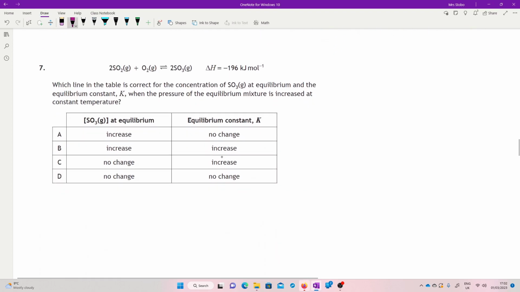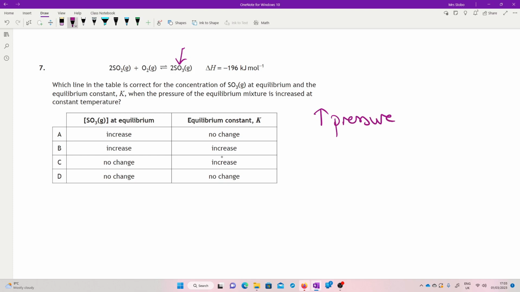Okay, question 7. We've got an equilibrium here. We've got our delta H at minus 196, can't read. So we're looking at an exothermic reaction going forward. Which line in the table is correct for the concentration of SO3 at equilibrium, and the equilibrium constant, when the pressure of the equilibrium is increased at constant temperature? Okay, so we have, first of all, if I increase pressure,